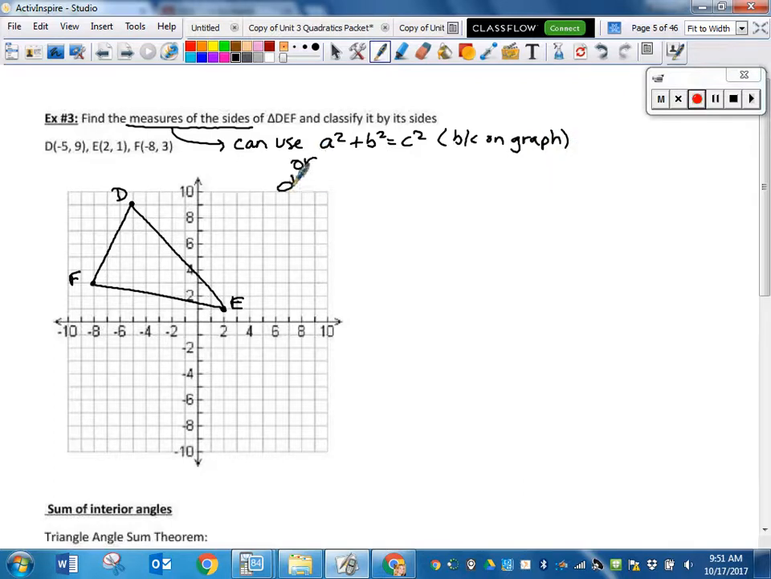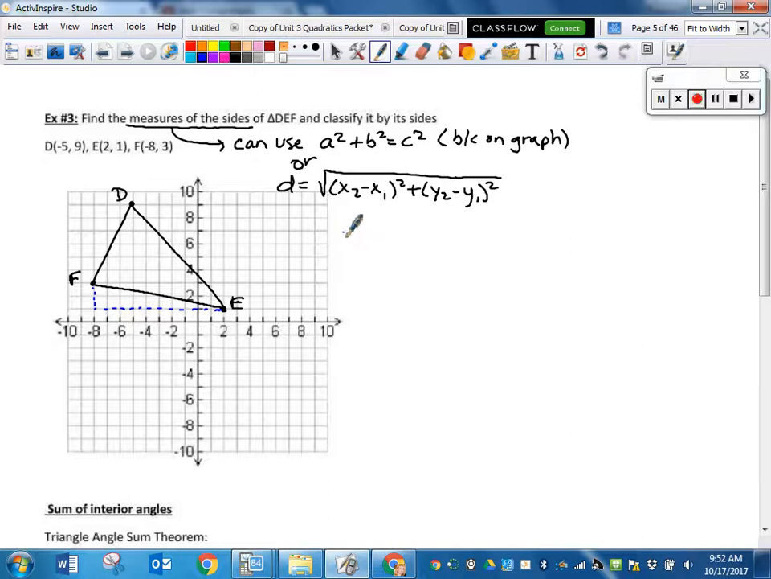Or you can use the distance formula, x2 minus x1 squared plus y2 minus y1 squared. It's really the same thing, just one manipulated, right? Distance formula if I just want to go by the coordinates. All right, since I'm already on the grid, it would be pretty easy for me to just set up some right triangles for myself. So I know to find FE,